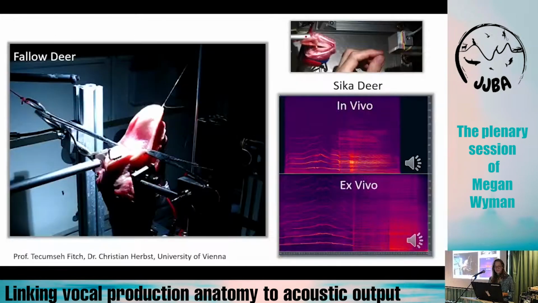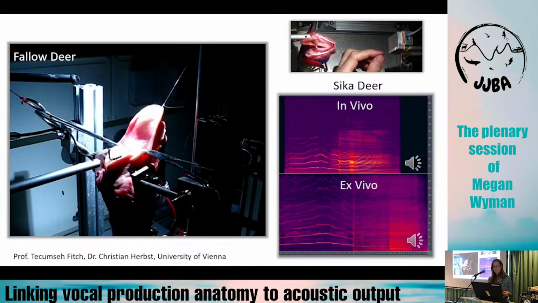Oops. So we haven't analyzed a lot of this, but we did some excised larynx experiments to try to link the vocal fold length directly with the acoustic output. That's a fallow deer larynx. And just to show you that you can create very realistic vocalizations even without the rest of the vocal tract,